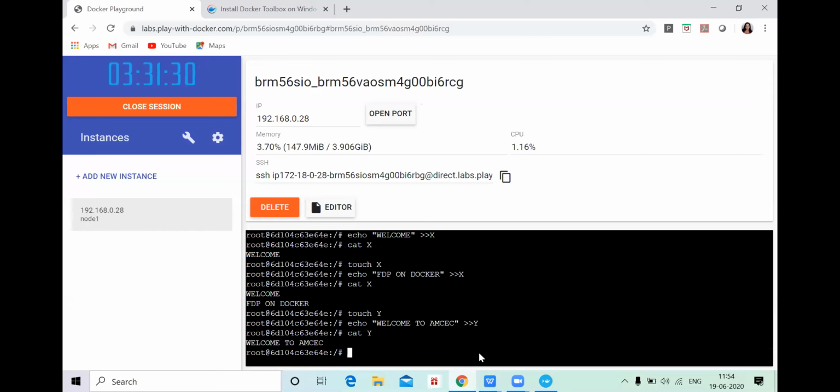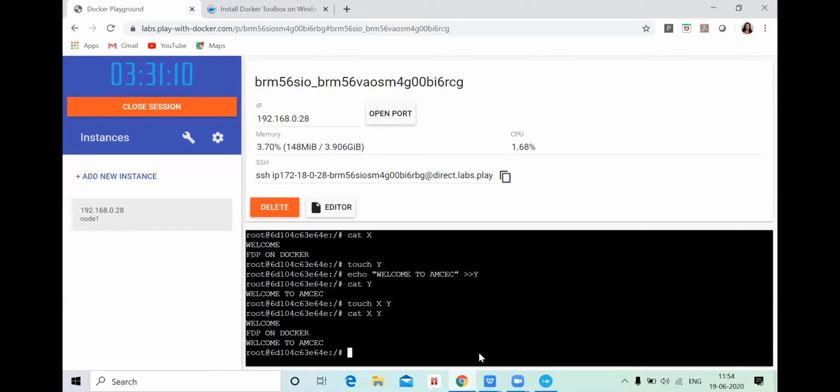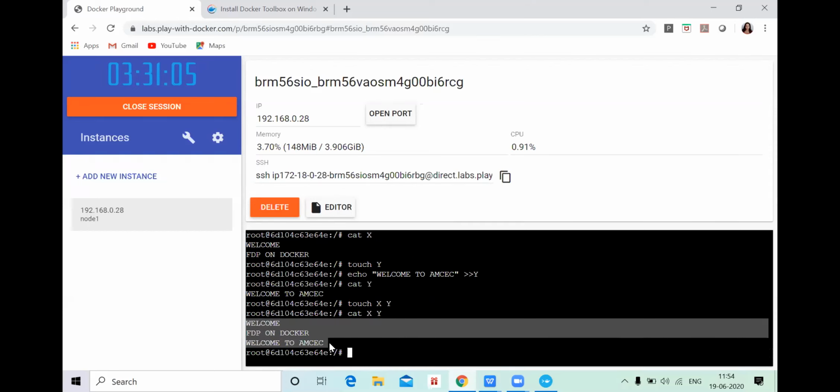Now we are going to merge these two files, X and Y. So how to write this? We are going to write touch space capital X space capital Y, then enter. Then you have to write cat space capital X space capital Y, then enter. Now can you see the output? It's very interesting. You can see all these things displayed on your screen.